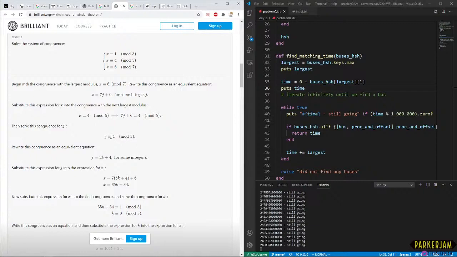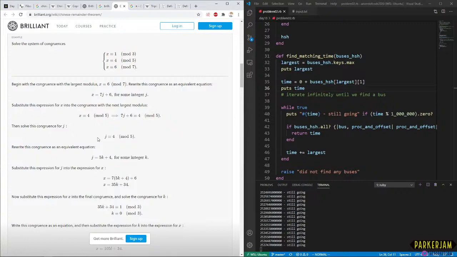Not sure why j is a number such that mod 5 has a remainder of 4. I don't really get that part.